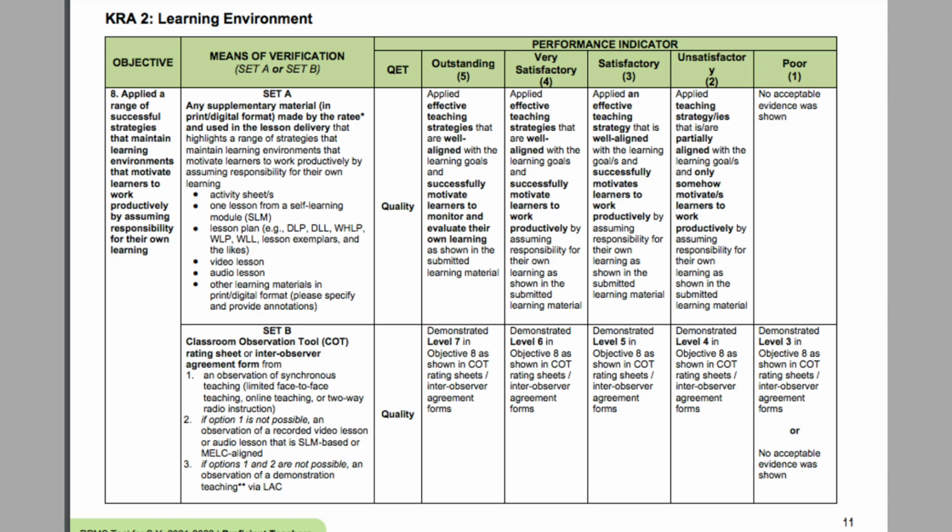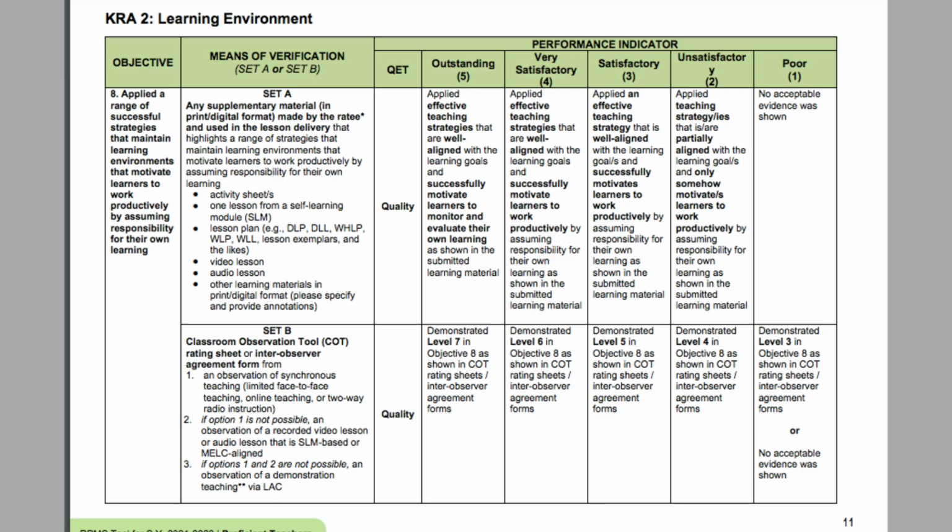For Objective 8, apply a range of successful strategies that maintain learning environments that motivate learners to work productively by assuming responsibility for their own learning.